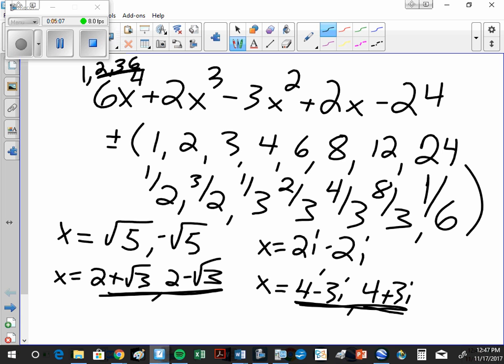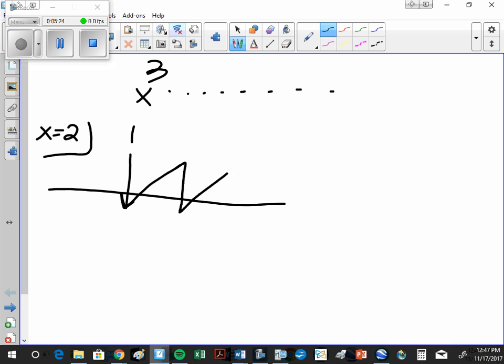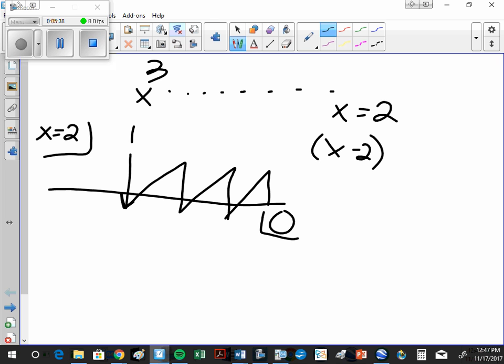Okay, well, let's say we have an x to the third equation. I don't know what it is. And I try x equals 2, and I do the synthetic division, and I end up with a 0. What does that mean? That means x equals 2 is one of the roots, and x minus 2 is one of the factors. If I end up with x squared plus 6x plus, oh, let's make it big, 12,